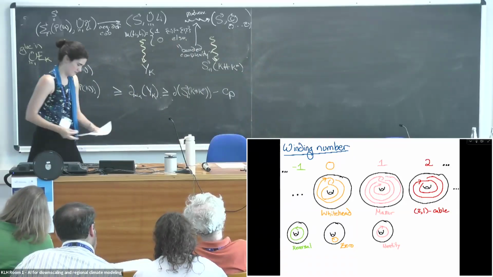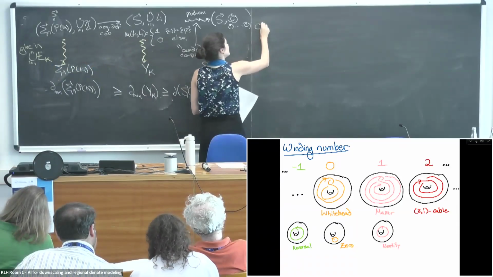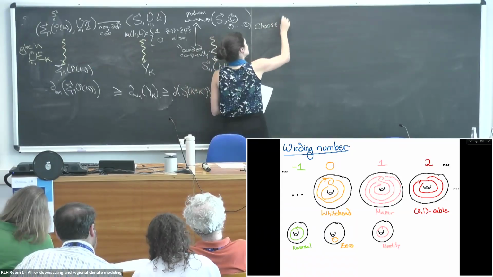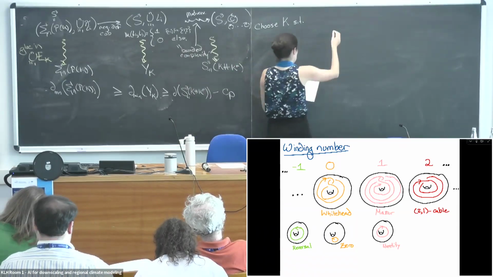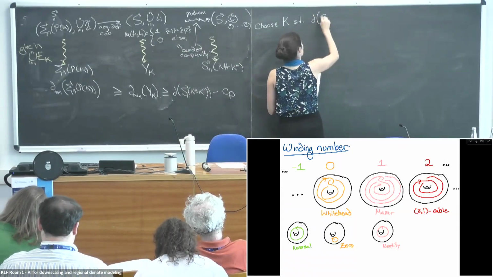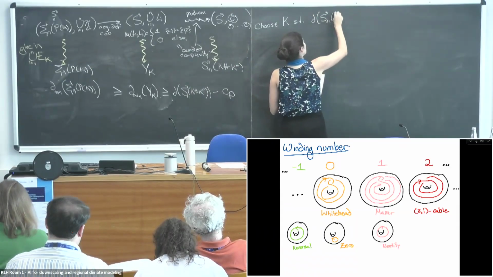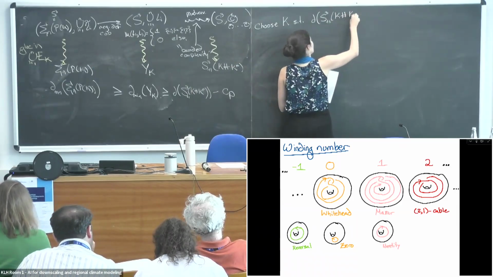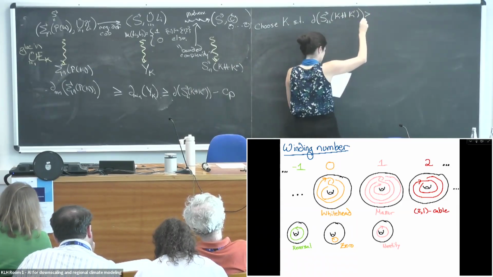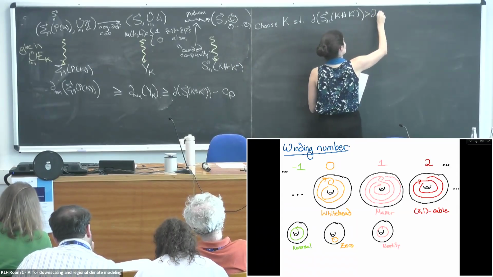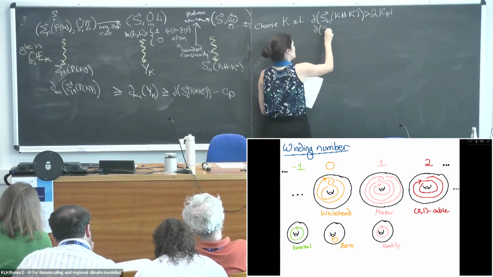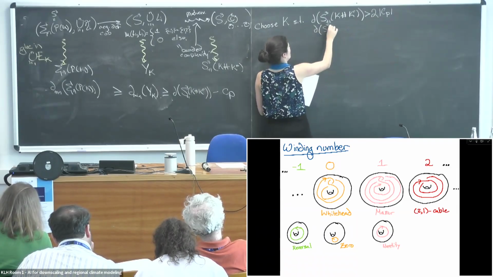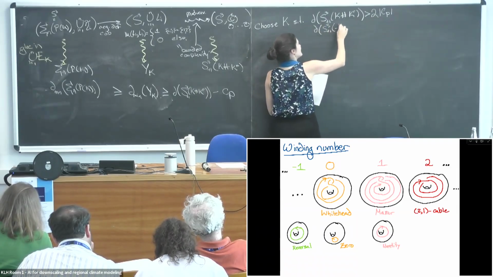So what do I want to say? Great. I want to say choose K in terms of P such that the d-invariant of +1 surgery on K connect sum K reverse is quite large. And if we do the same thing for minus K,